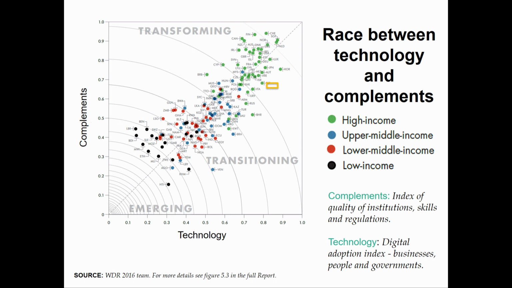This is basically to show the race between technology and complements, between high income, which are the green, upper middle income, which are the blue, and lower middle income, which are the red, and low income. These are the typical relationships that we expect with these complements. If we are going to invest in either the poorest countries in the Bank or in middle income or lower middle income countries, we need to move fast and we need to leapfrog those at the bottom to the top to be able to profit from these technologies, because the technologies are ready, as I mentioned before, to do that.